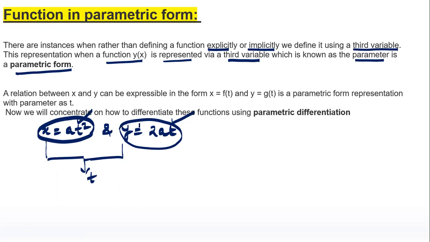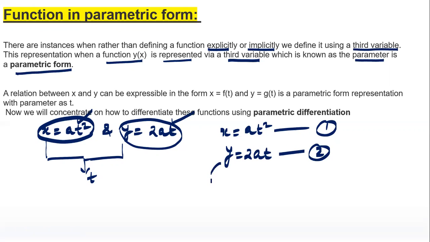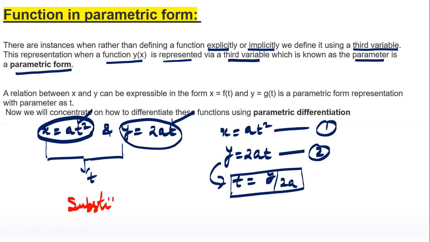Let's find out these are the parametric equations of which curve. We have x equals at square, say this is equation number 1, and y equals 2at, this is equation number 2. From equation number 2, find out t. t would be y upon 2a. Substitute this value in equation number 1. Substituting y upon 2a equals t in equation number 1, we will get